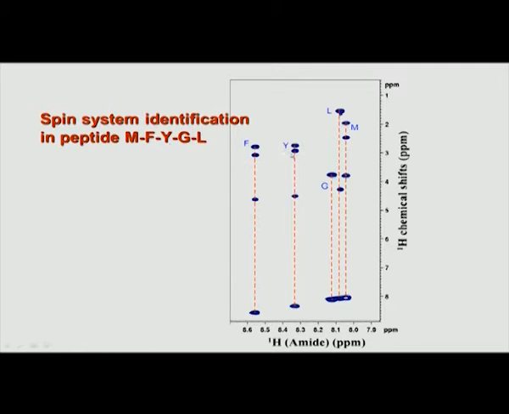But remember, we do not know which is which right now. Although I have labeled it phenylalanine here and I have written tyrosine here, it does not mean that we have assigned it correctly. In reality, when you actually start with an unknown spectrum with a known peptide sequence, you do not know which is which. So, we will see how we can establish that identity, that this line is indeed tyrosine and this line is indeed phenylalanine. Then we look at 3 more lines, because we have 3 more amino acids.